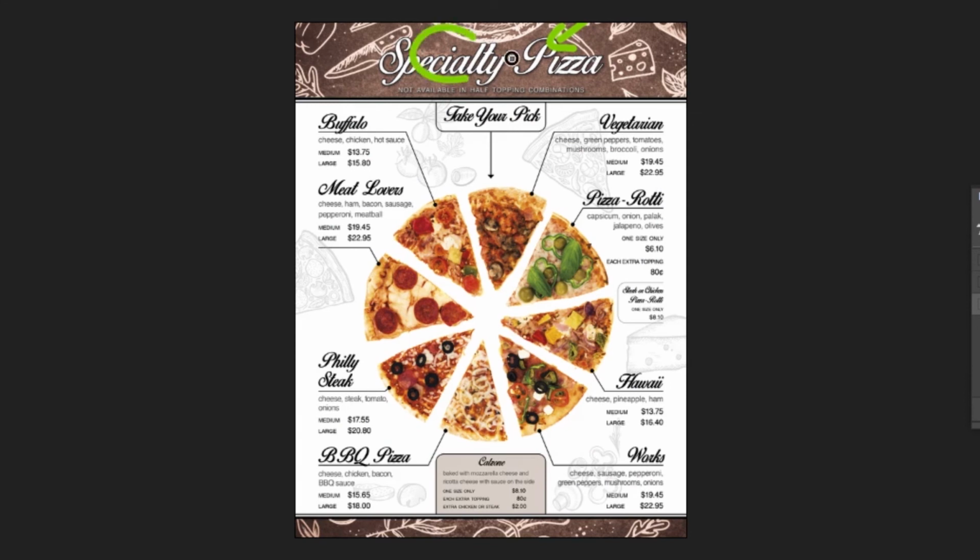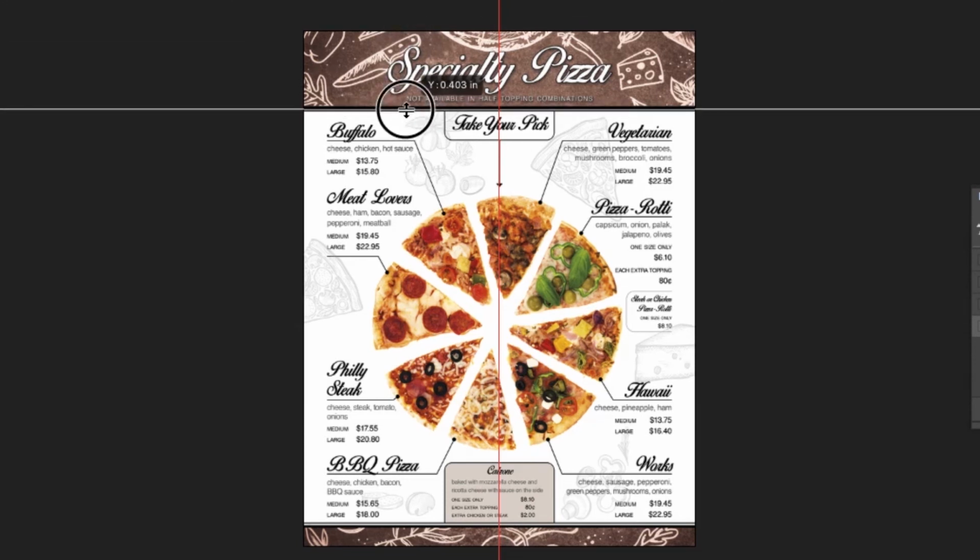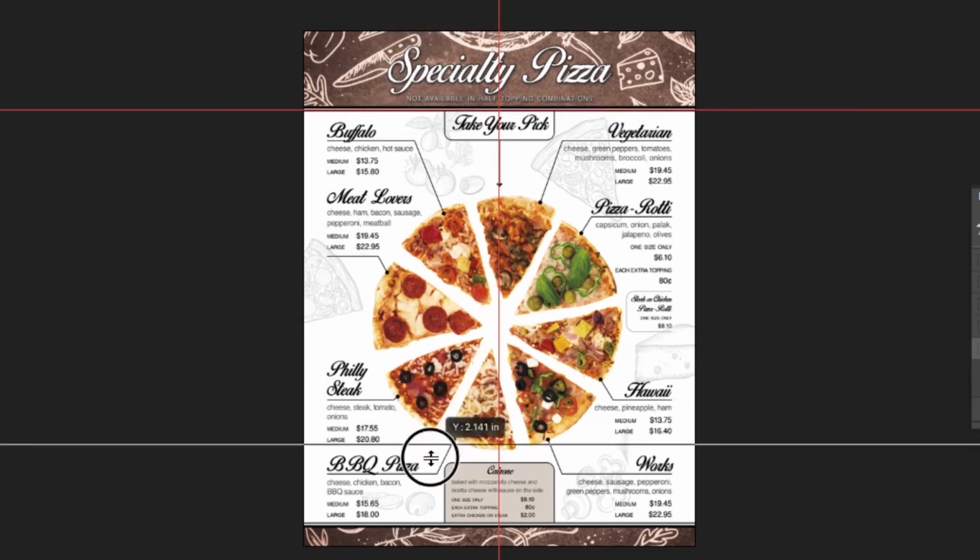The name of the establishment doesn't have to be the first read, depending upon the purpose of what you're trying to do. So if the purpose is to sell the pizza, making the pizza the hero like this is a good idea. So looking at structure, it's basically dividing everything in half,